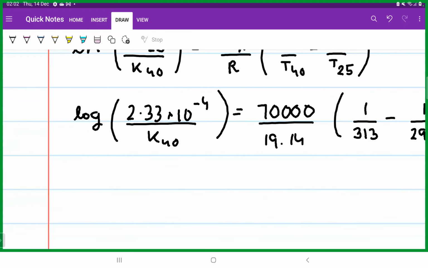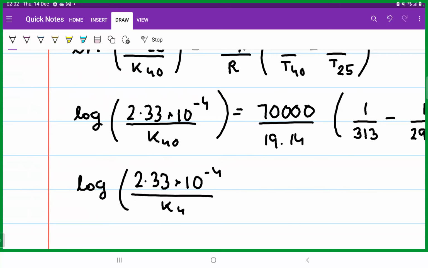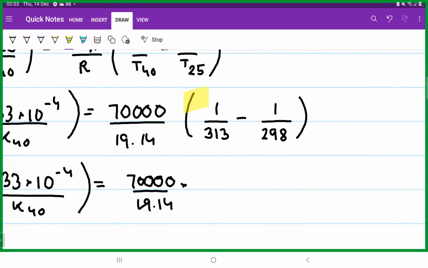Okay, so this is what we get. 2.33 into 10 to the power minus 4 divided by K40, that is equal to 70,000 by 19.14 into this entire thing. It will become